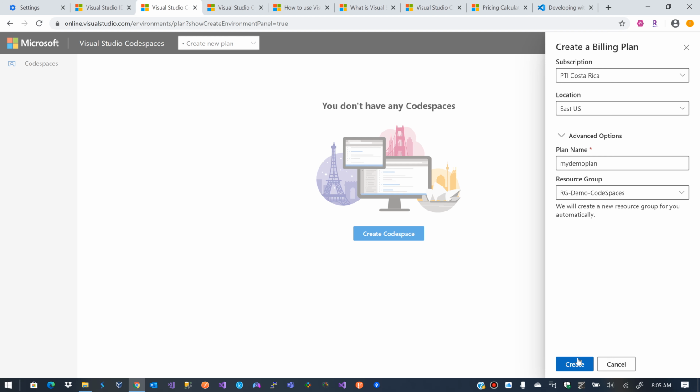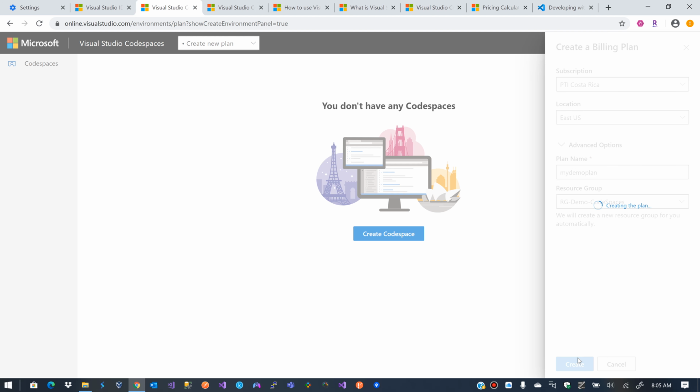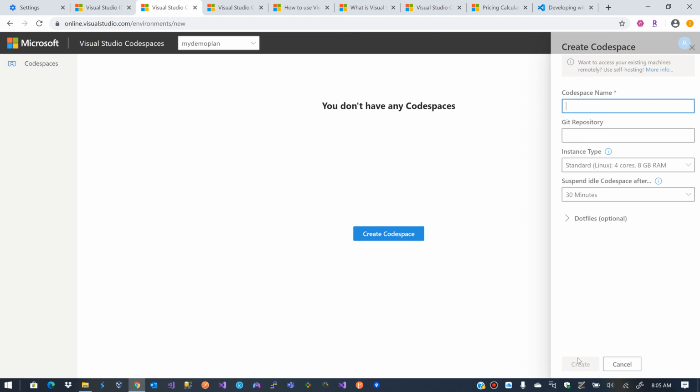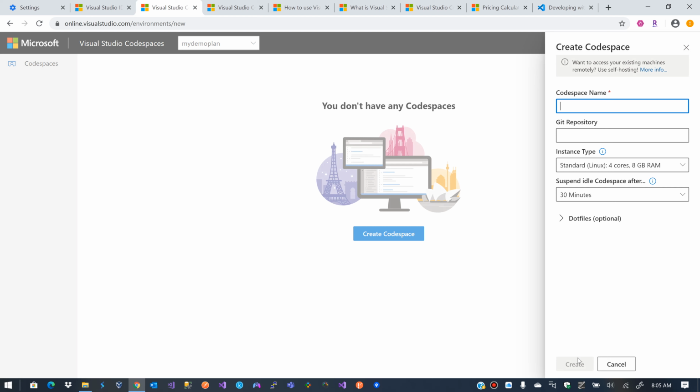Okay, and let's create it. So it will probably take a couple of minutes to create the environment, and after that we can continue working with it. Okay, so it says my codespace name. I'm gonna name it my first codespace. We can set the Git repository. Won't set